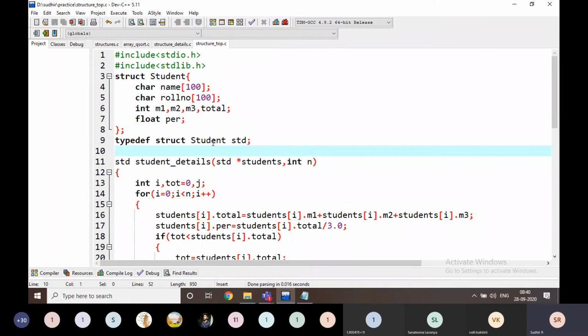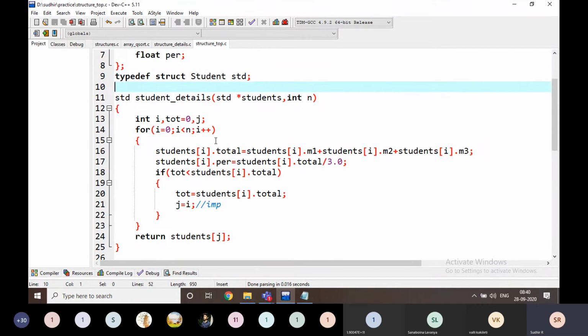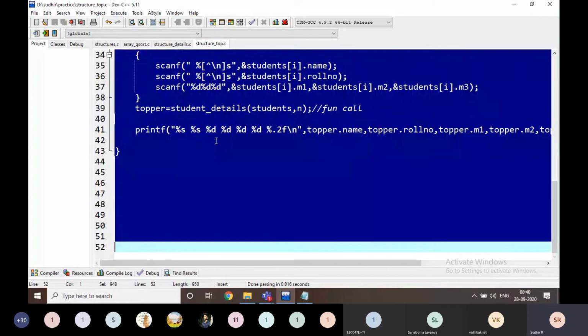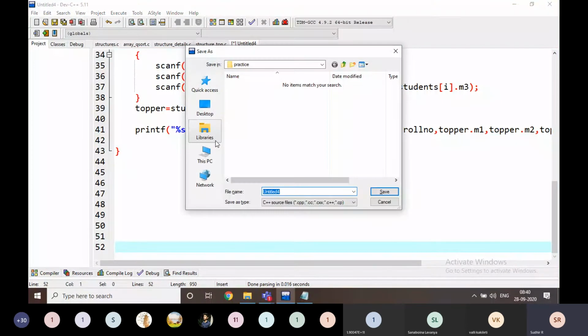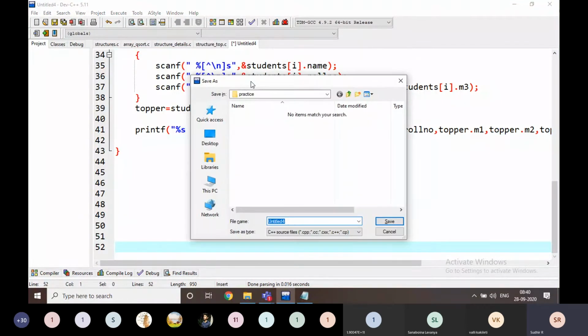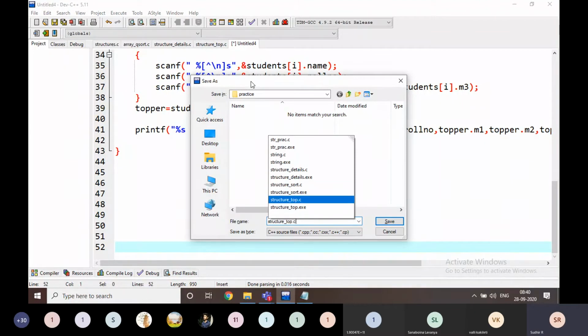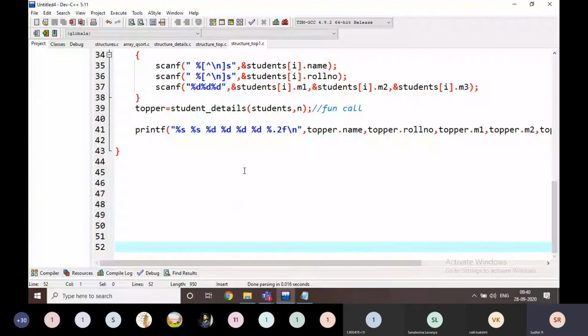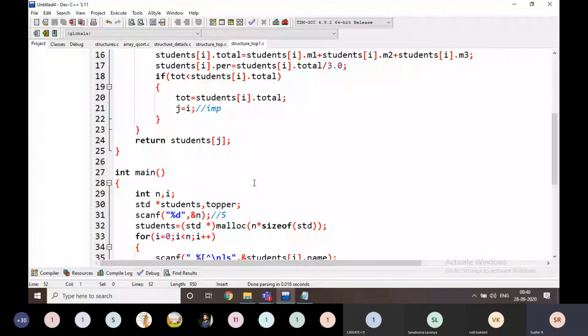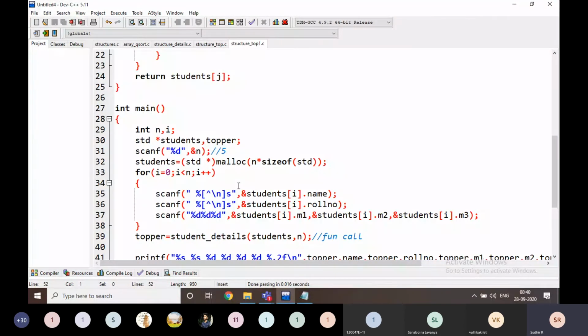Okay, the simple thing I can do in another way also. I am going to copy it. I will show you. Maintain this as top one dot c. I'm going to place it. In what way am I going to generate the same logic here?